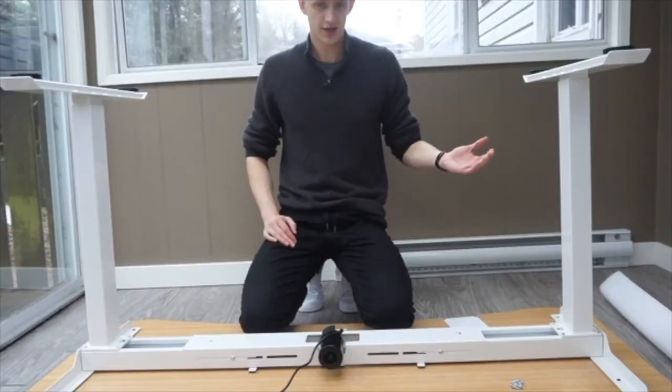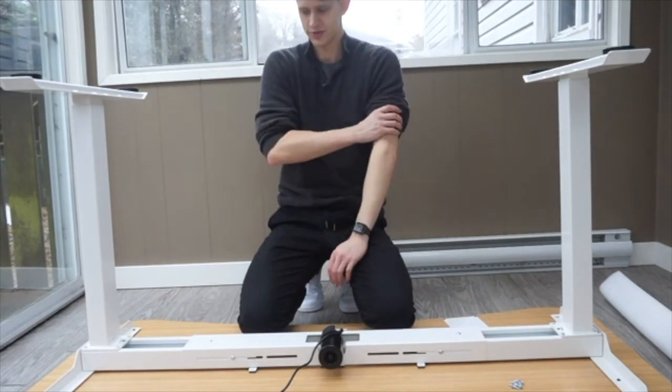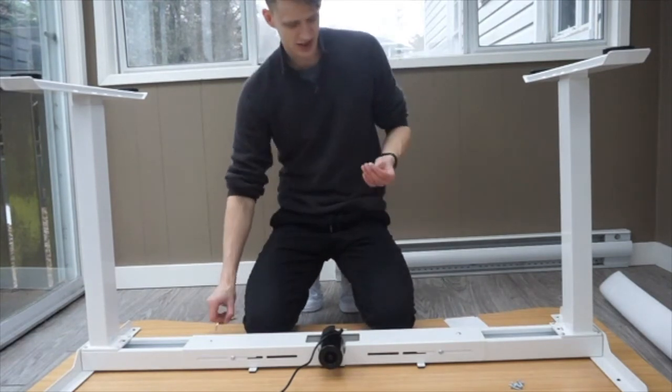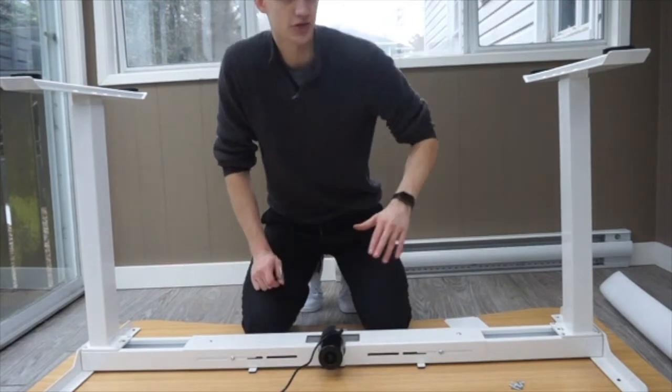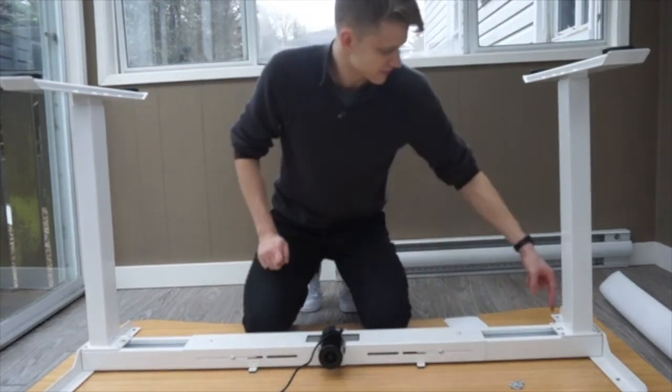So I highly recommend having someone else there to give you a hand with this step. So now, as you can see here, I have my desk flipped upside down, unfastened. This step is going to be taking the last screws we have here with the Phillips head bit and finding each hole all the way around. So there should be 16 total. 4 right here, and then there should be 4 on each